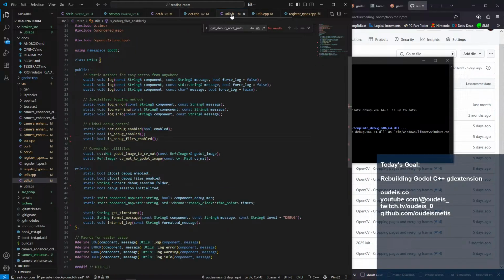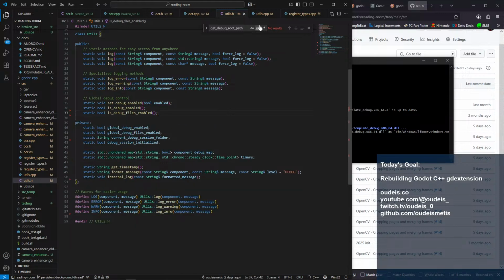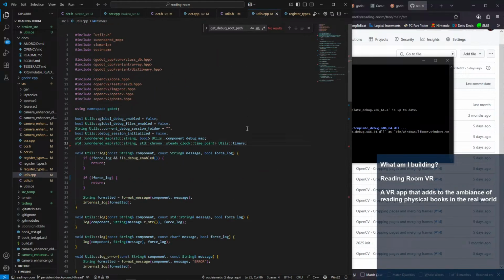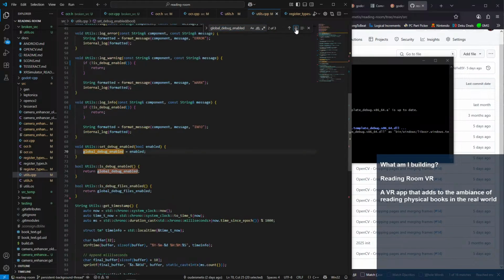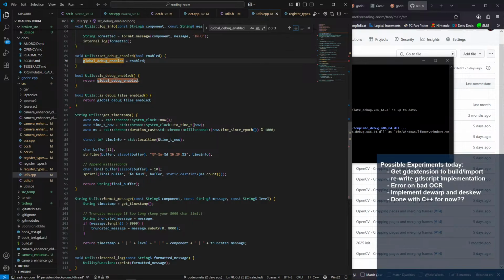Let's get rid of that. Where are those? Because I want to keep the logging. The logging is nice. I like how that is.